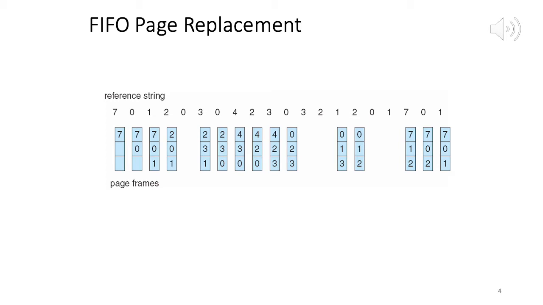So this is FIFO page replacement. Whenever you have to replace a page, and your physical frames are not available, not even one, then replace the oldest page, the page which was brought in the earliest. So this is the FIFO page replacement algorithm. I hope it is clear. Quite a simple one.